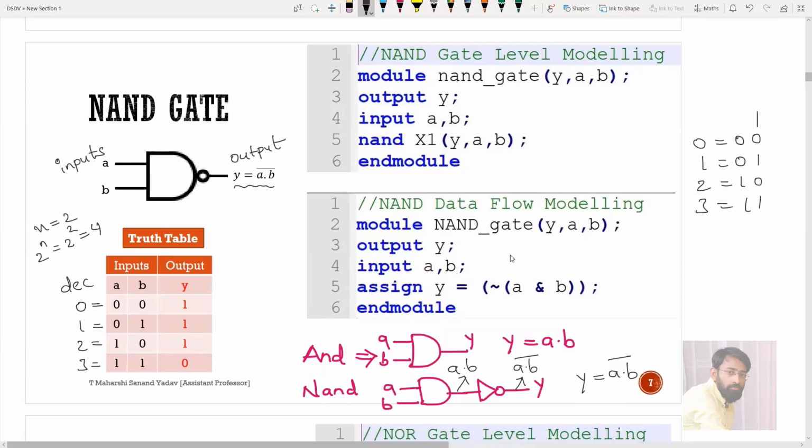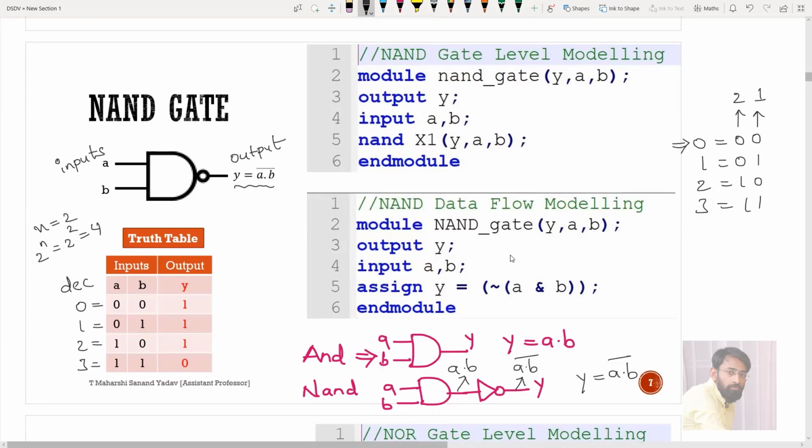If you are still confused, better make a note of positional weight. This is 2 power 0 and this is 2 power 1. 2 power 0 is 1 and 2 power 1 is 2. Better I'll erase this, and only write the powers as 2 and 1. So here this positional weight is 2, and here it is 1.